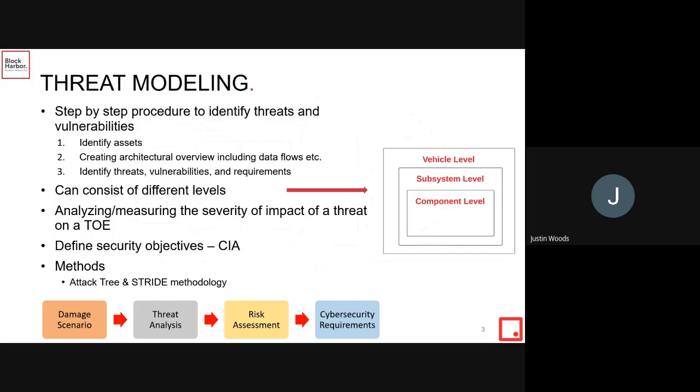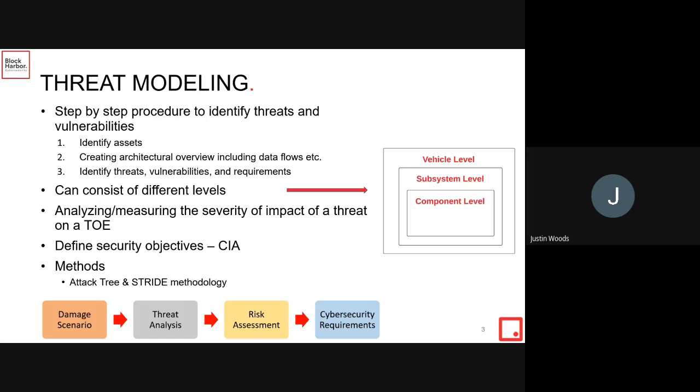So before we even really get into the threat modeling specifics, we've got to figure out the higher level, what's going on here, what are we looking at. So first, we want to start by having a step-by-step procedure to identify threats and vulnerabilities. All this is saying is we need to have a good understanding of how to actually look at the different parts of the vehicle and what we would want to protect and the different threats that there